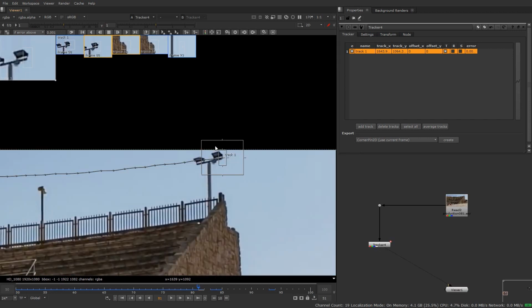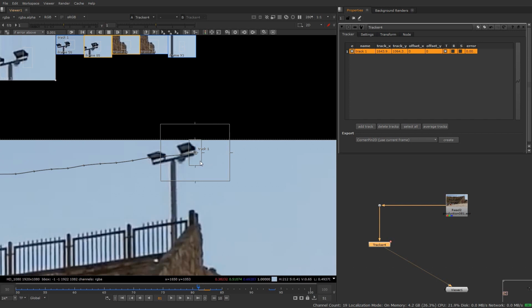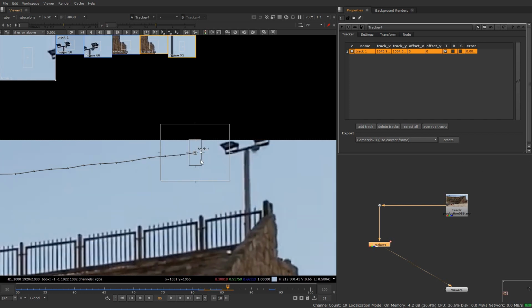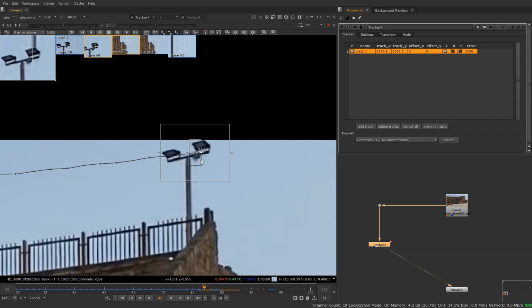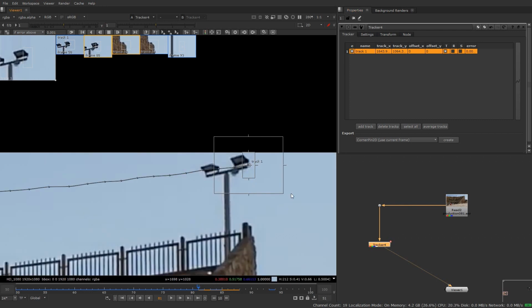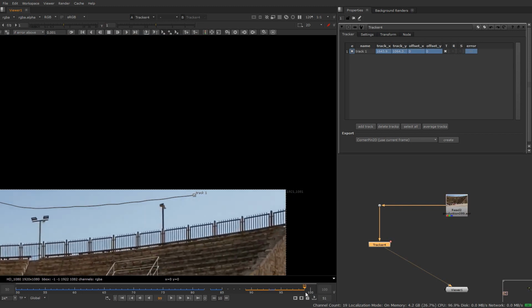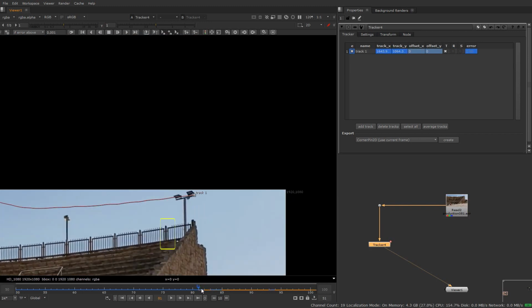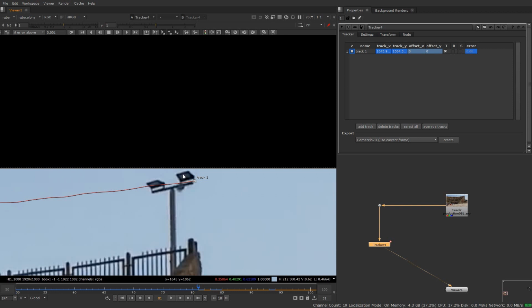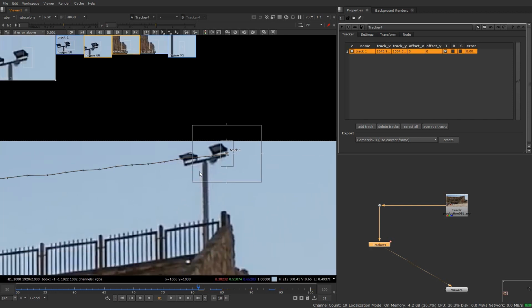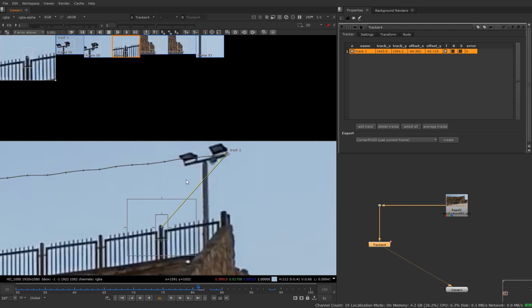Alright guys, so here you can see the track has stopped at frame number 81. After frame number 81, it is going outside the frame, as you can see. So to track these, we have to offset this tracker to an alternative area. You can see that this pole is staying throughout the frame. So what we have to do is drag this tracker over here, hold Ctrl and drag this tracker from the anchor point over here. This yellow line is the connection between two offset features.